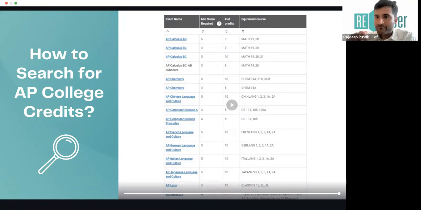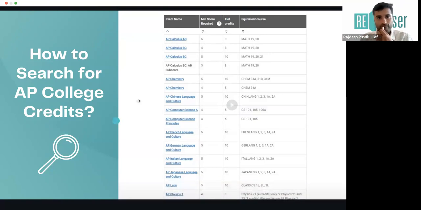That means you can skip the SEM 1, SEM 2 maths courses, however, not the SEM 3 math course, right? So I think that's where things are different in terms of you trying to figure out which is the right subject that you really need to pick. So I think 3 things that we discussed. One was based on the scoring. Second is based on the major that you are planning to go for. If you're not very sure about the major as well, then third is maybe based on the college that you're planning to look for. Maybe that's another way for you to figure out what is the right AP.